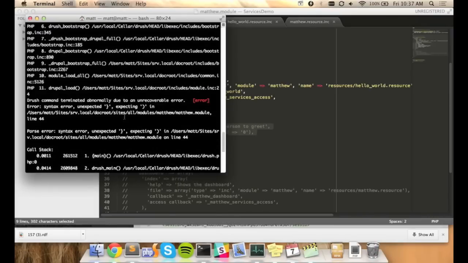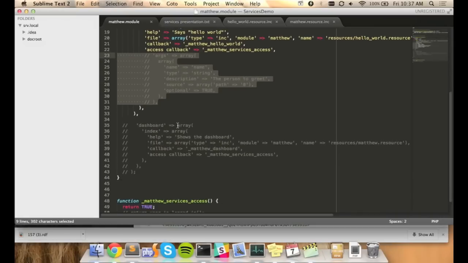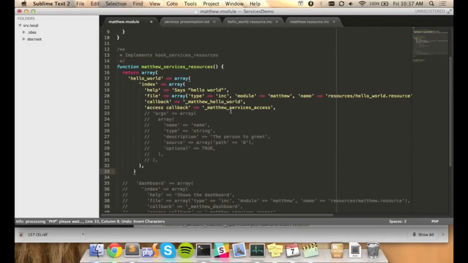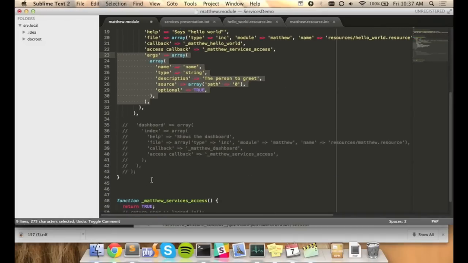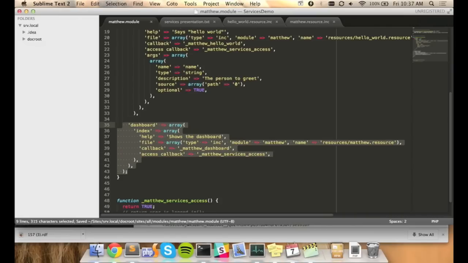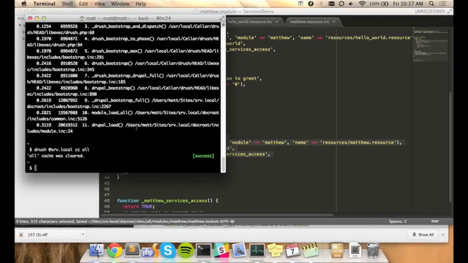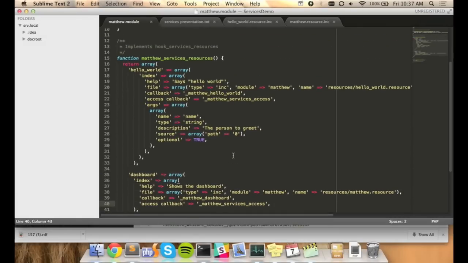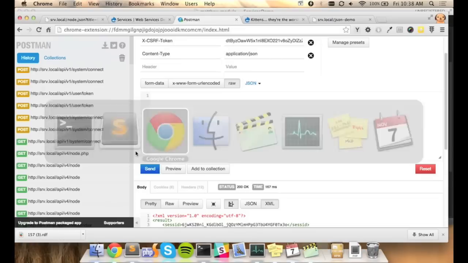Oh no! Oh, again. Maybe I'll just uncomment everything. Okay. And this syntax also took me a while to figure out, even though it's pretty well documented. I was just kind of being blind to it. The syntax is return. This is the name of your resource. So this is sort of equivalent to node on that screen that we saw previously, and then all of your operations. So now that I've added my hello world service,